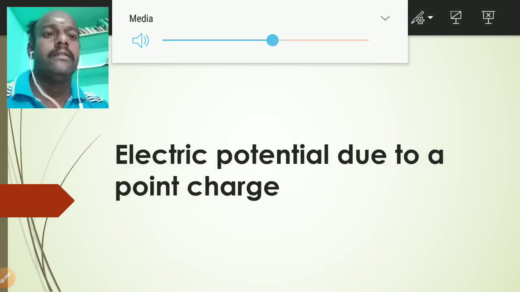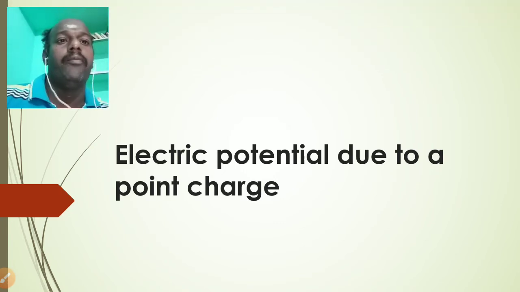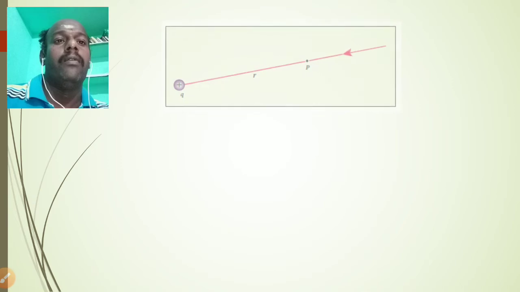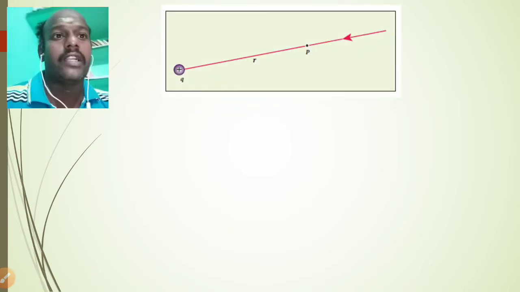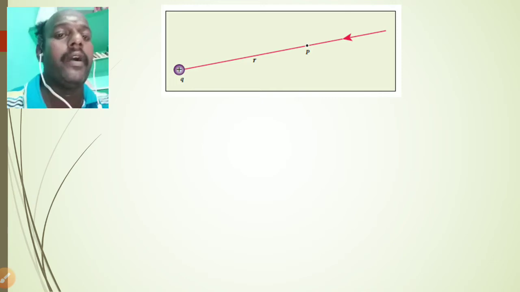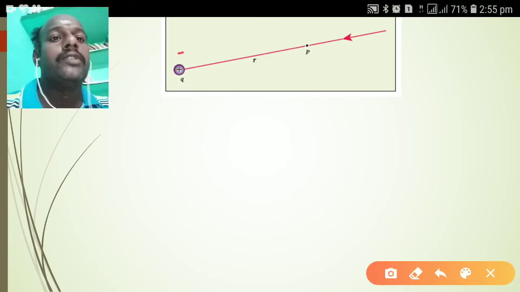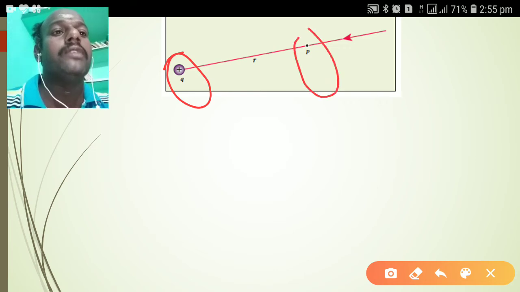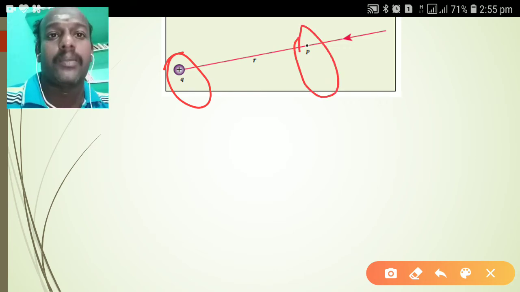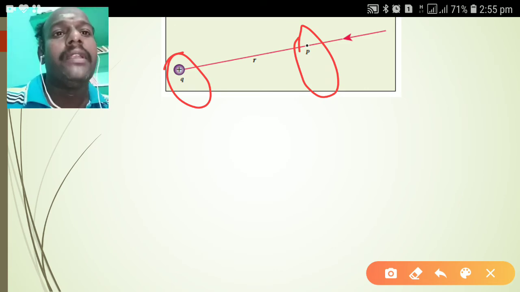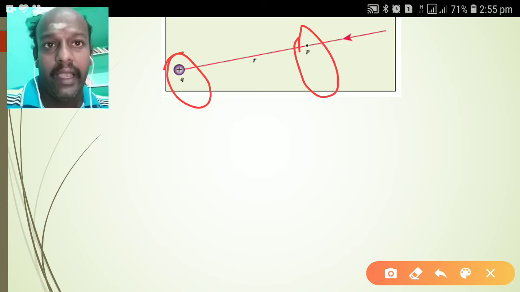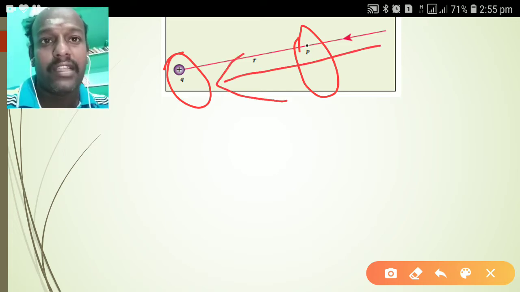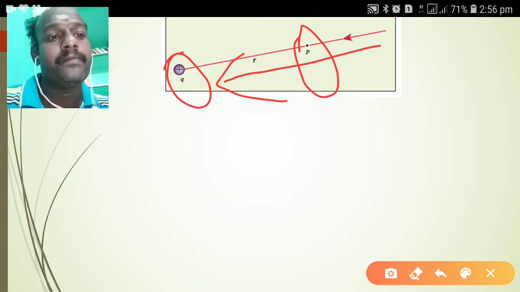Now in this presentation I am going to explain the electrostatic potential due to a point charge. Okay, right. Now look here, this is a slide I have made. This diagram shows the electrostatic potential, and here is the charge which is present at the point Q, and P is the point where I am going to measure the electrostatic potential. Now this arrow indicates I have to do the work towards the electric field which will be produced by this plus Q.